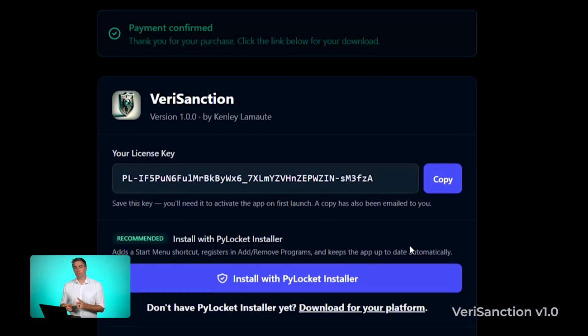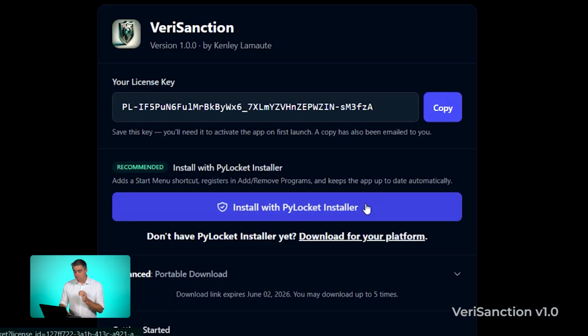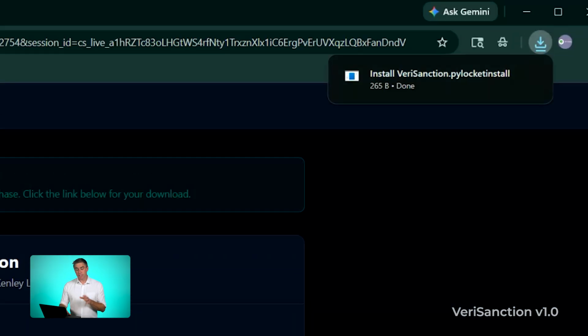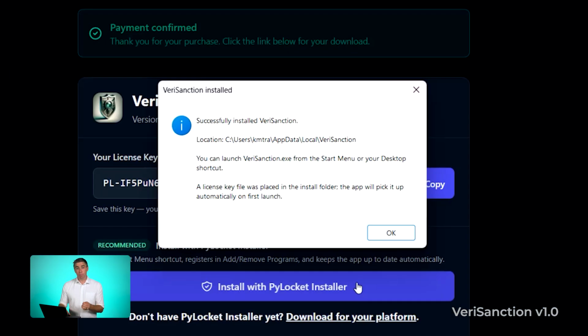Step 2, install VeriSanction. Back on the post-purchase download page, click the big button labeled Install with PyLocket Installer. Your browser downloads a small ticket file, and double-clicking that ticket hands it off to PyLocket Installer. Now, there may be about a 30-second delay, and if everything goes well, it will put VeriSanction in the right